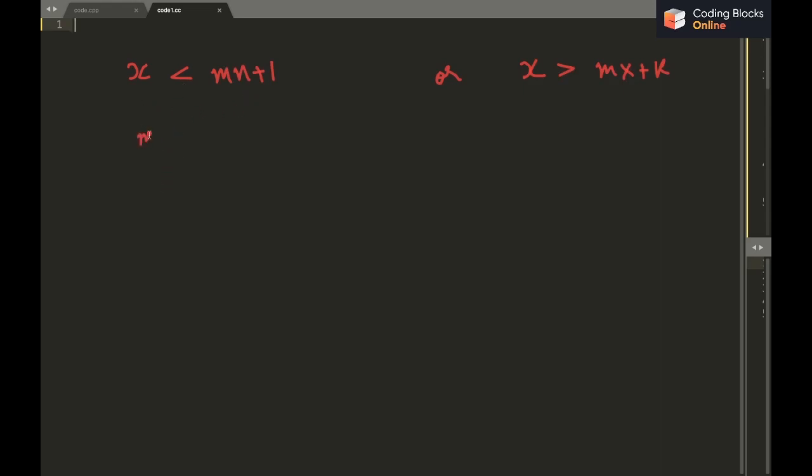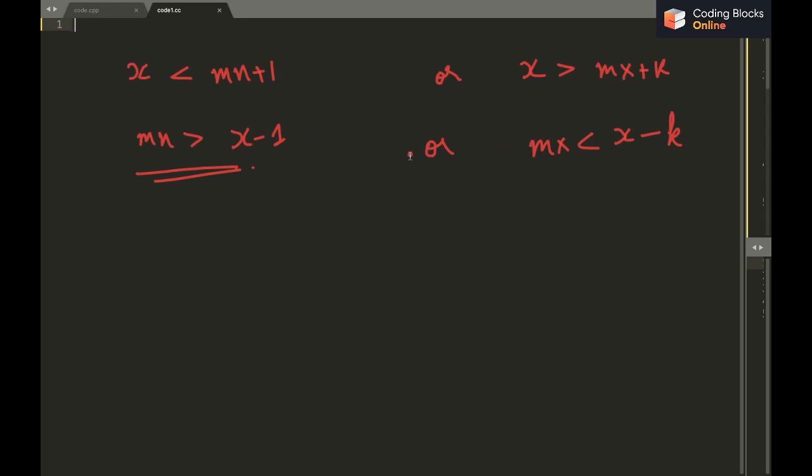I want my mn value to be basically greater than x minus 1, or I want my mx value to be less than x minus k, right? Now I'll calculate the number of pairs for both the cases, and I'll simply add them.